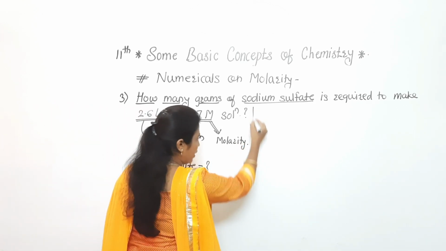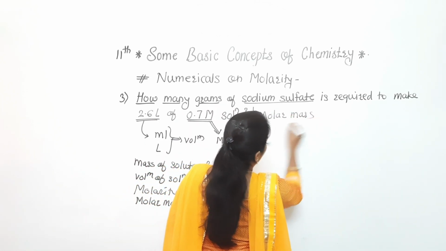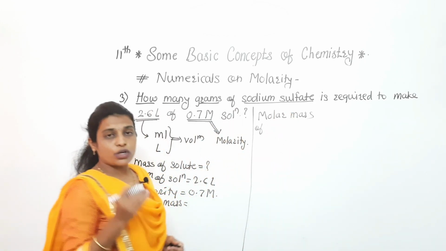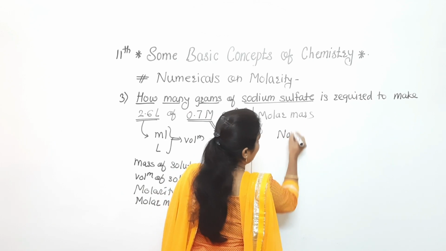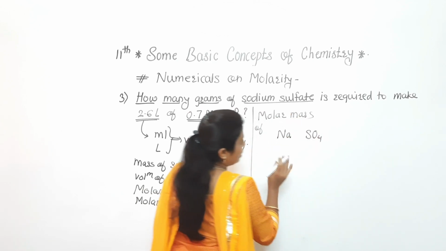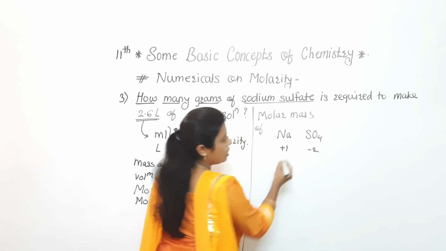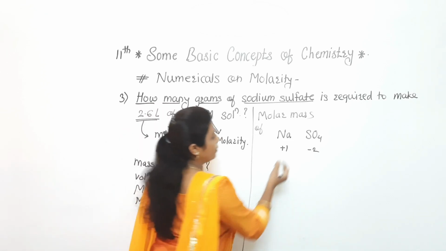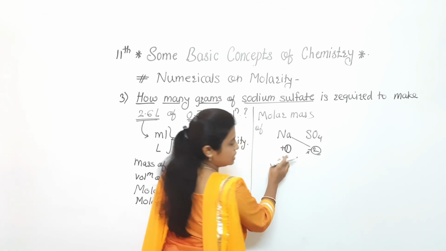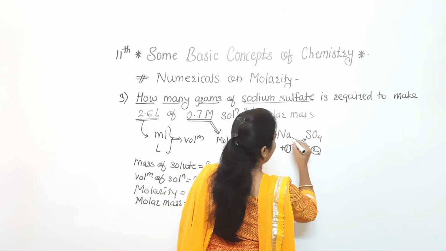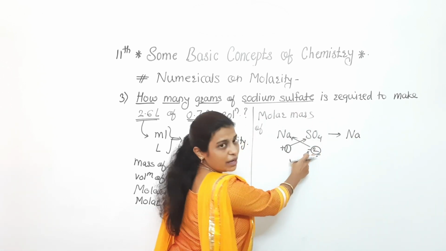So see how to find out the molar mass of sodium sulfate. What is the molecular formula? Sodium is Na, sulfate is SO4. As we know that SO4 carries -2 charge, sodium carries +1 charge. To write the formula, we just consider these numbers, not the sign. Just consider the numbers and cross multiply. In this way we can write the formula, that is Na, Na is multiplied by 2, so